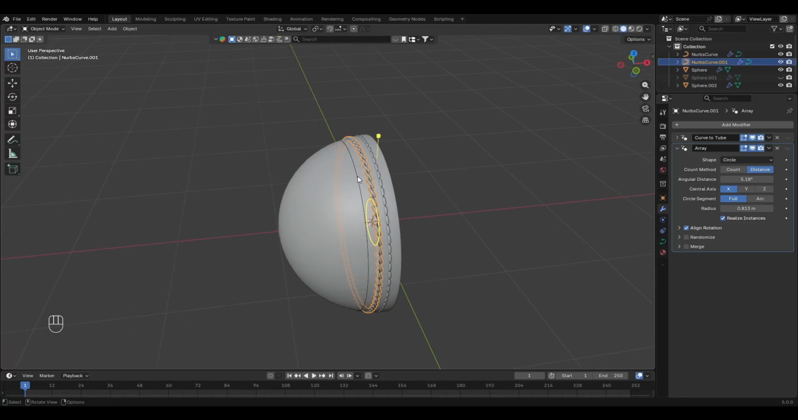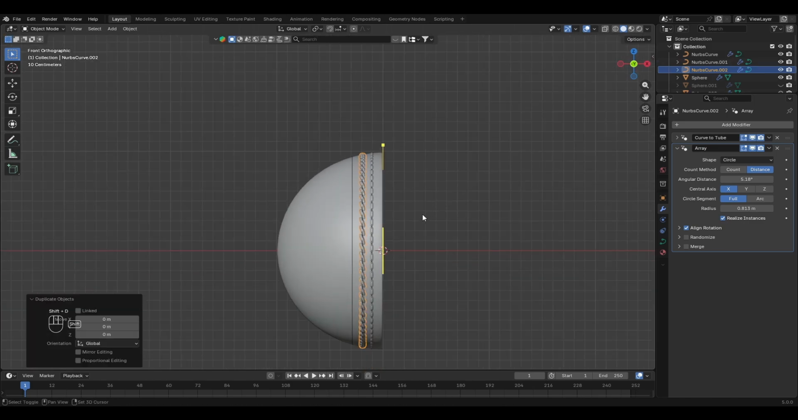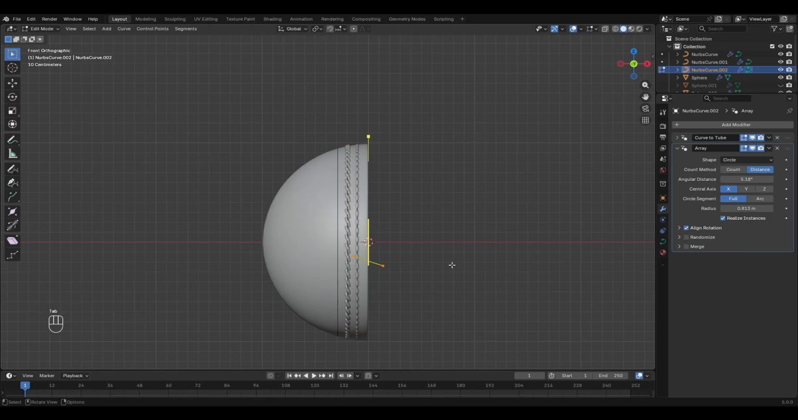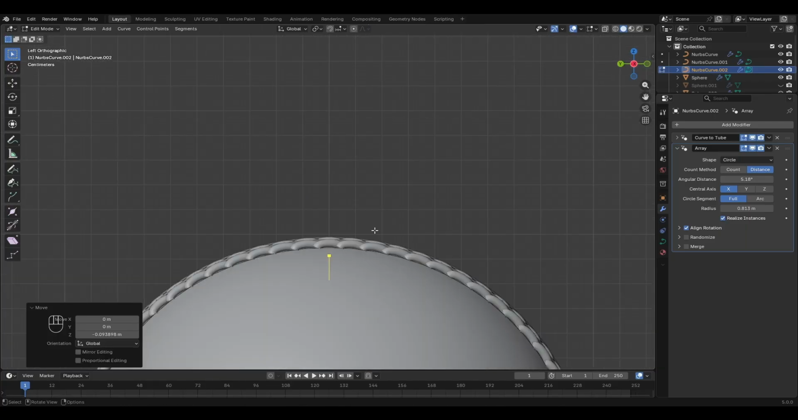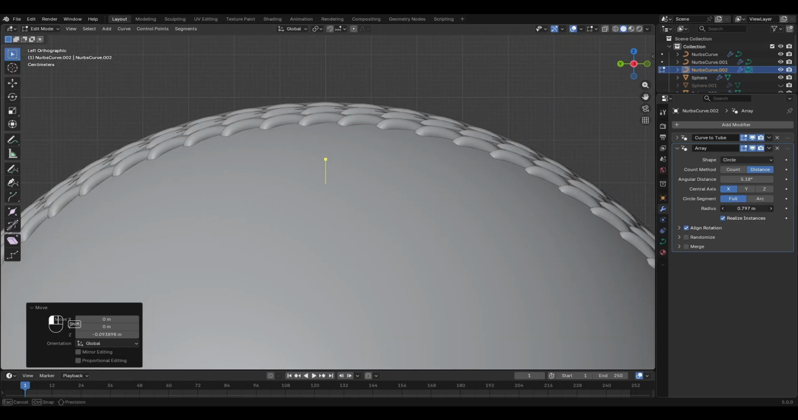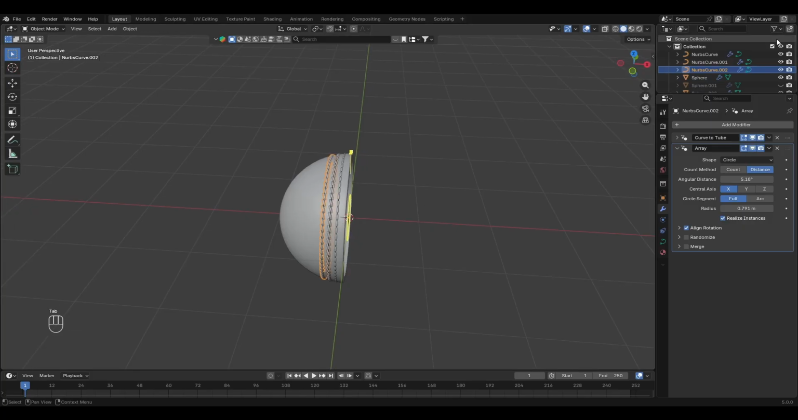Now copy this and create the third one. Shift D, right click to release. Then go to edit mode, move it. Make sure you select all vertices, G, Z, then move. Make it go inside the ball too. Okay, it looks great. Go to the object mode,